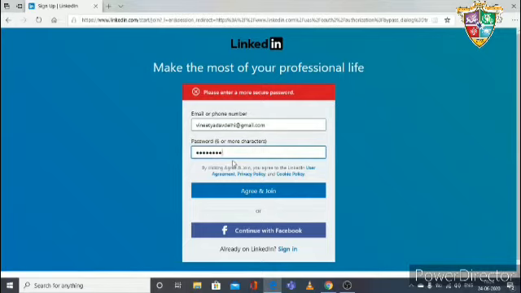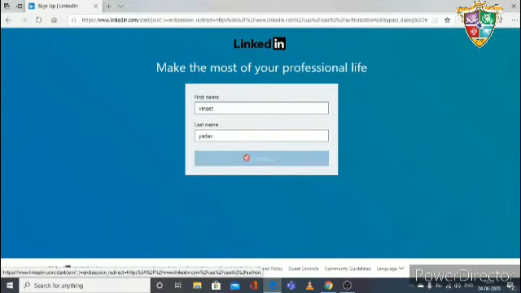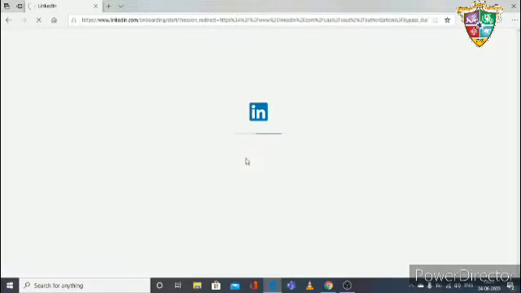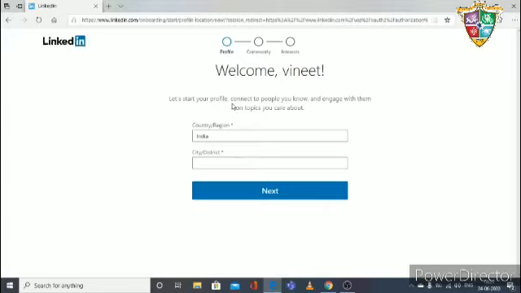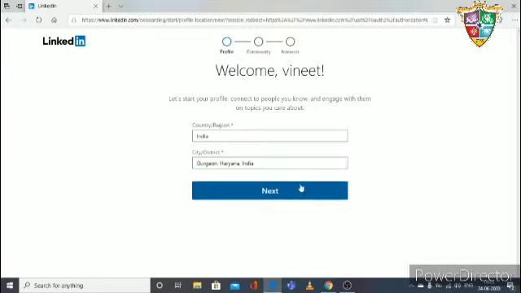I'm using @. Just wait for a second. Okay, now it is created. So first fill up some information in it: country, region, city. If you type, you will find your city here. Then next.